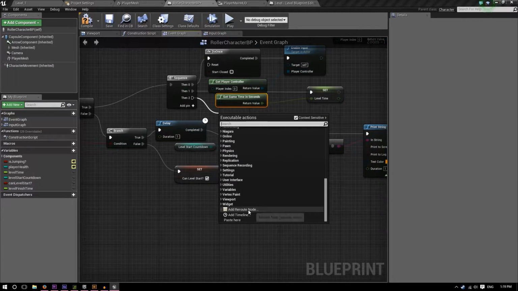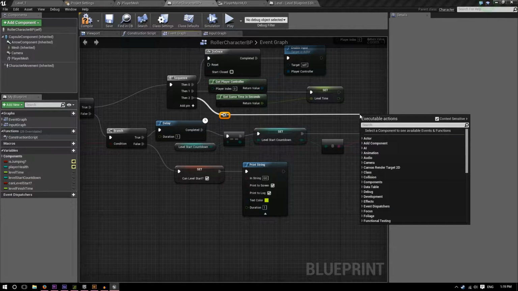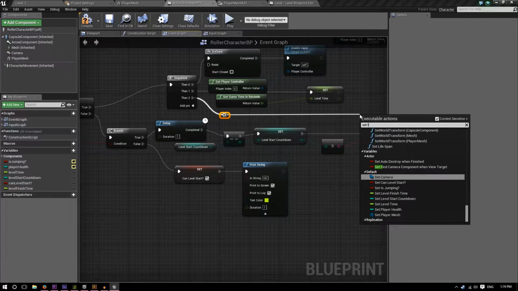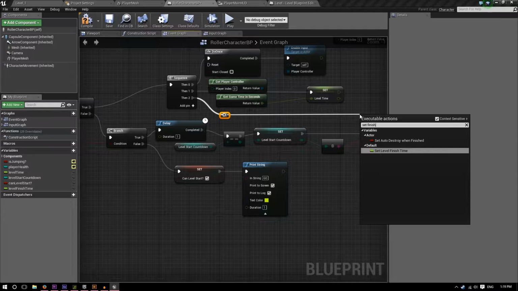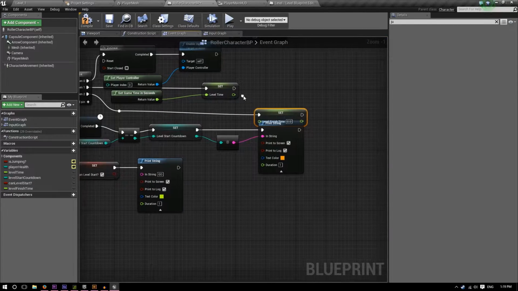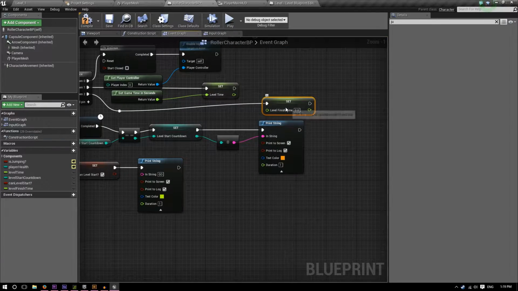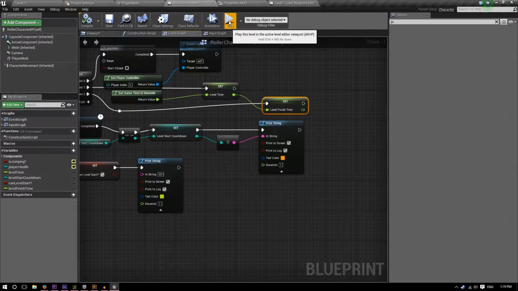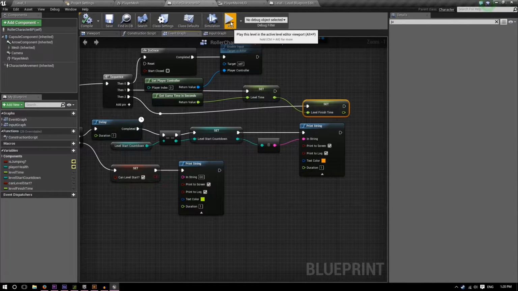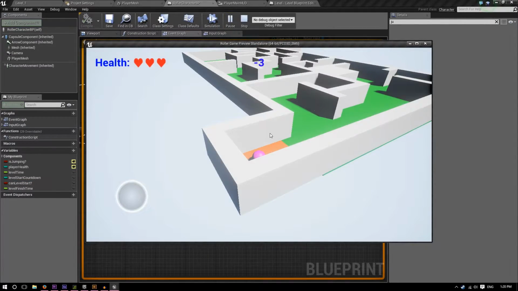And then what we're going to do is create a reroute node, drag this out, and then set the level finish time to the level time, compile, and then